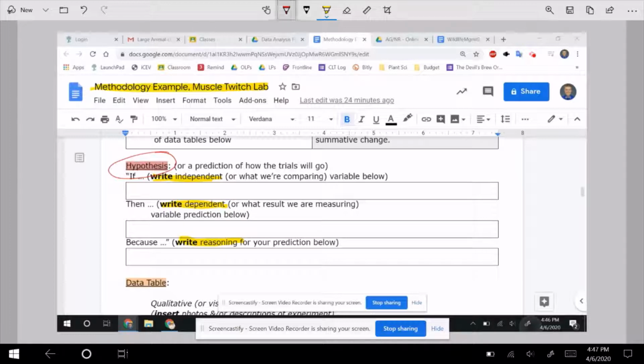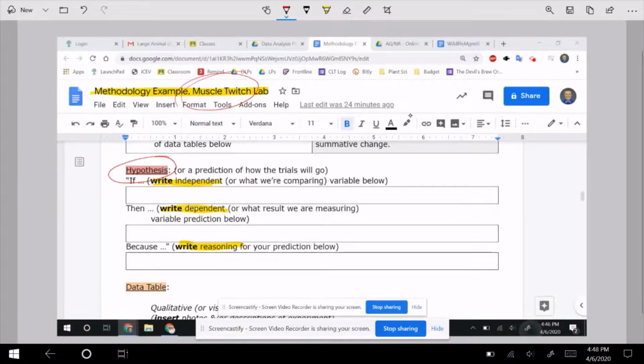So in this case, when we're testing with this muscle twitch lab, I was testing different types of exercises to see what would happen to the resulting ability to complete those with a slow twitch, or like my timing that goes with that. In that case, my timing is going to be my dependent variable, and that's what I'll write down for that. My independent variable, however, is what I'm changing. So in my case here, if